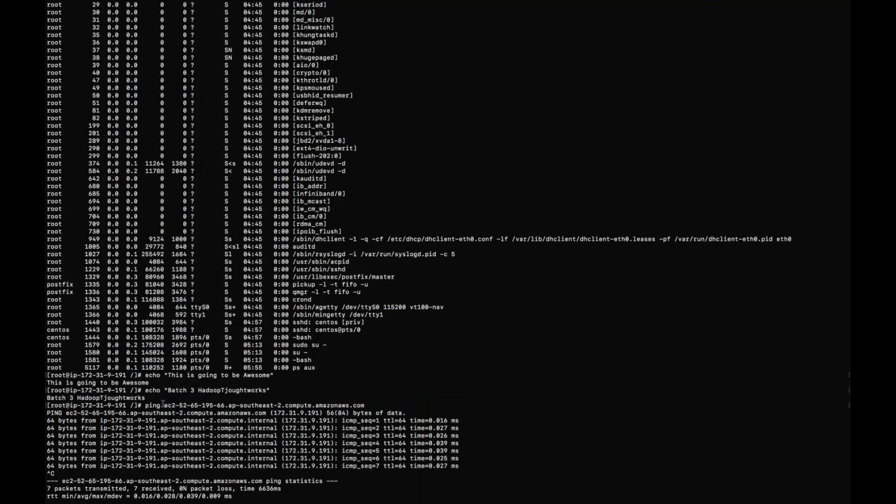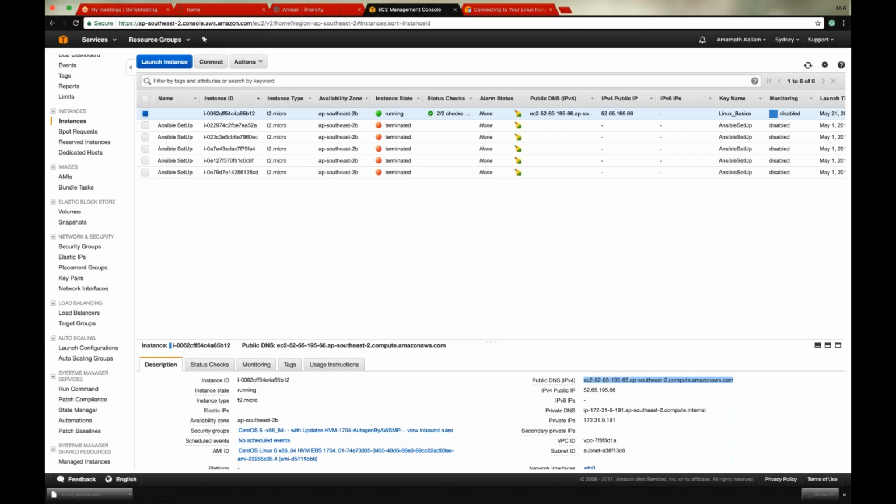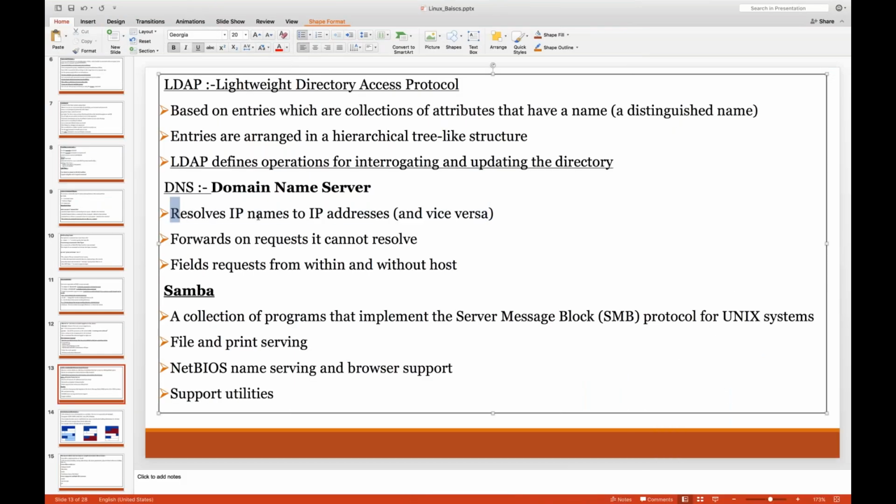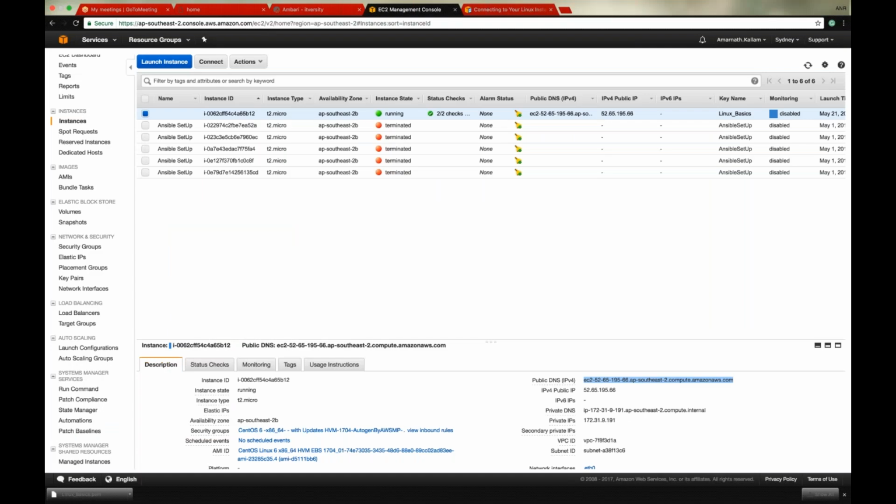When I ping this one, where did I get the reply from? This one is your public DNS. This public DNS is resolving an IP name to an IP address, or an IP address to an IP name. If I go back to the AWS console here, very clearly it says this is your public DNS and this is your private IP. Okay, now if you observe this one,